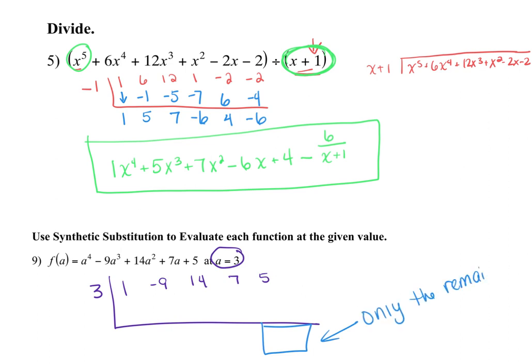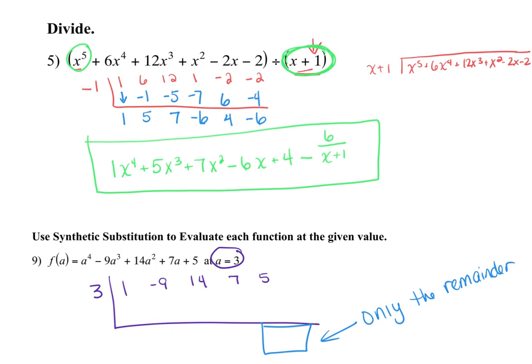You do not have to fill the x's back in. Your whole answer is just the remainder, and not the remainder over what you were dividing by. Just the remainder is your answer, okay? It's basically telling you what would happen if you plugged a 3 in for all those x's. What answer would you get? It is the remainder. That is the answer you would get if you did that. And so you do it exactly the same. Add down, multiply up, all the way across, but then you're just going to circle that remainder, and that is